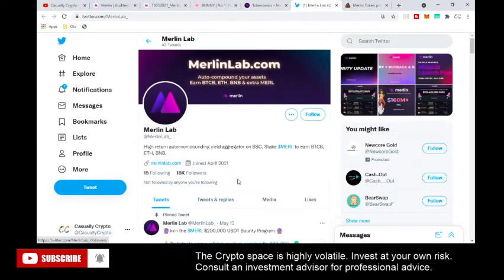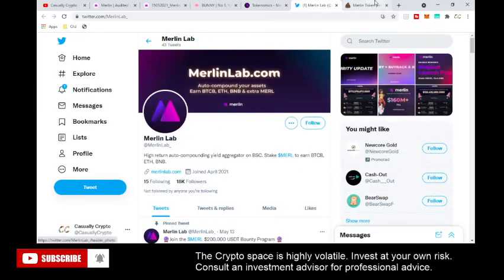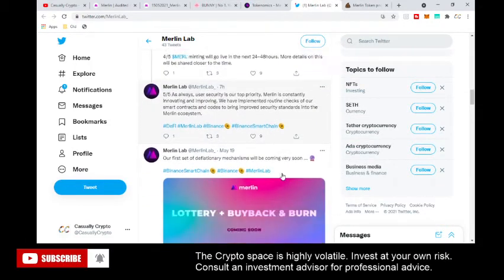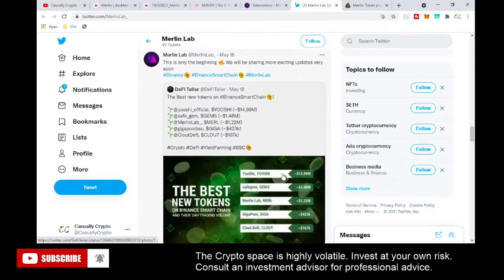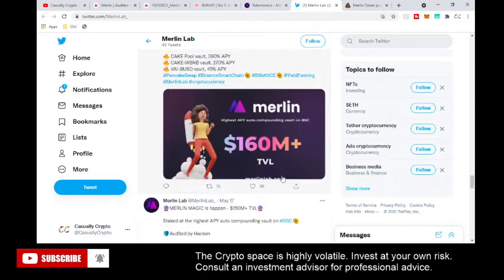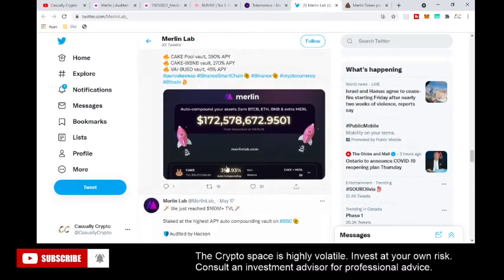They have about 18,000 followers, and I believe this number has been growing and growing and growing. So that's pretty good on them. I mean, they are pretty active in putting out new updates, new content. So I think that's pretty good news for Merlin. And you can see at one point they even got about $170 million